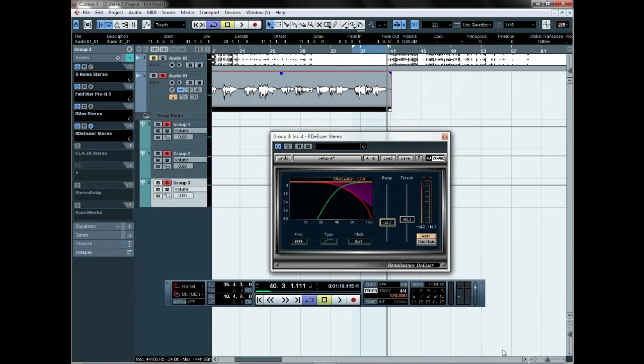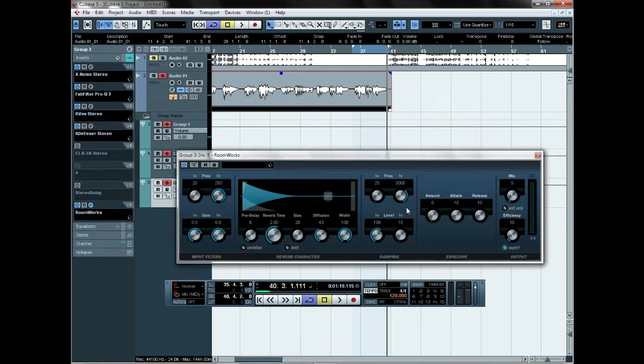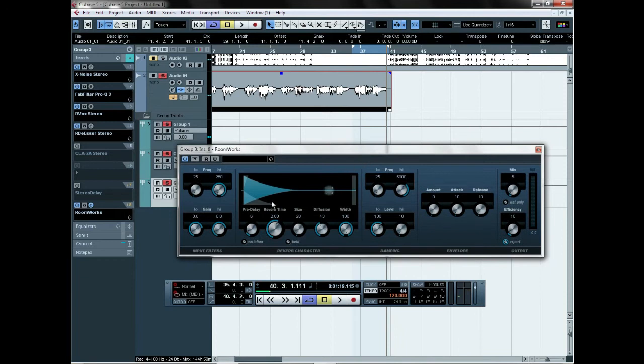So basically I would like to leave this at this place. The next thing we want to do is to add our next plugin, which is this one right here, the Reverb. So I use the Roomworks. It comes with Cubase, and it's a very nice reverb. Okay, with this reverb, what I do is I play with the mix here, I play with the diffusion here,